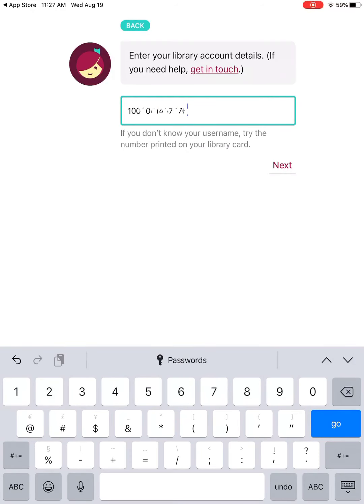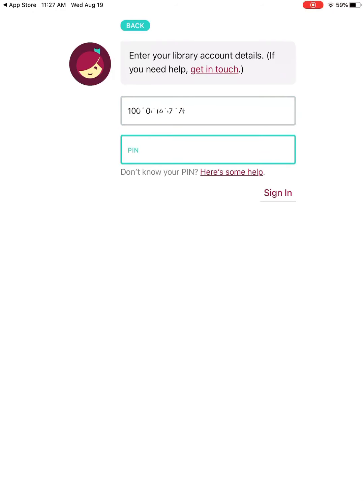And I put in the number. I'm going to hit next, and then it asks for the PIN number beneath that. The PIN number from our library is typically the last 4 digits of your telephone number. So I'll enter that. And before I forget, up at the top, or right before that, the library card number,